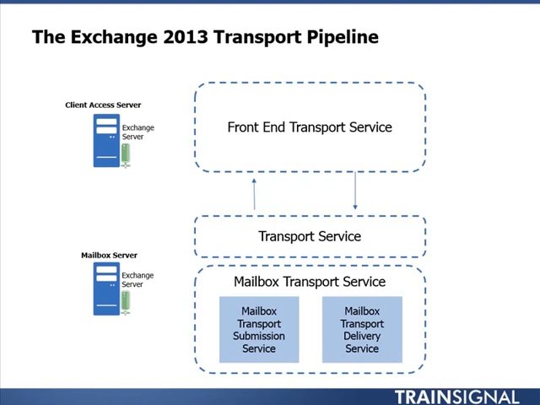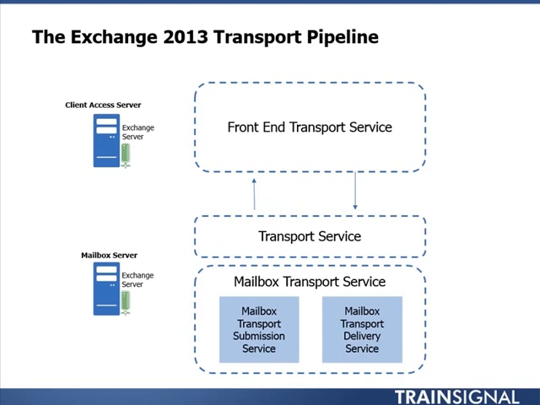If you look at the mailbox transport delivery service, imagine mail coming in, going through the transport service, and being handed off to the delivery service, which then uses RPC to put that mail in a mailbox database. By the same token, when end users send emails out, imagine that mail using RPC to go through the mailbox transport submission service and then to be sent out from there